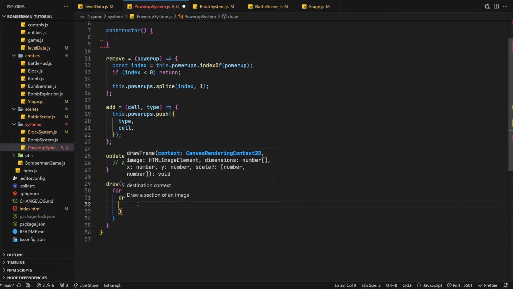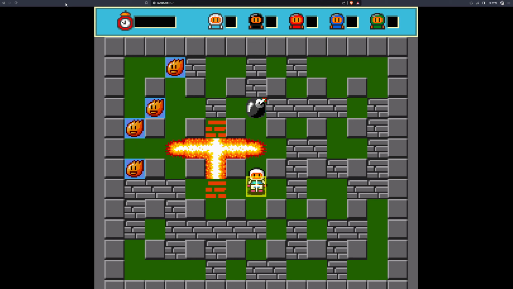And with that, let's see what we've accomplished so far. As the Bomberman walks around the stage, destroying the various blocks scattered around it, you'll notice some of these will now spawn our randomly placed power-ups. Great stuff! Whereas we know these are all currently showing the flame sprite, we do unfortunately have a bug at